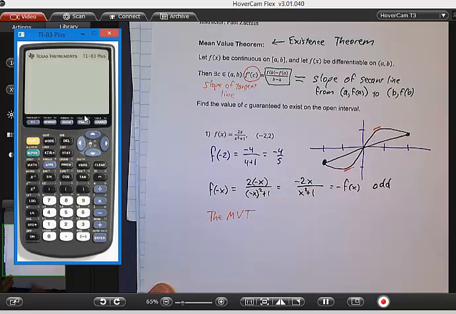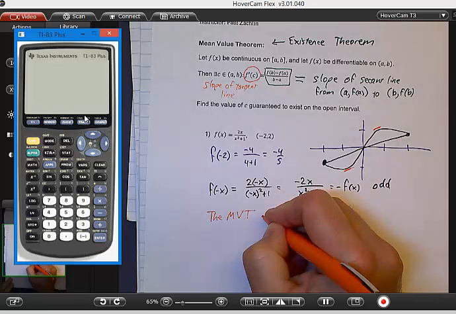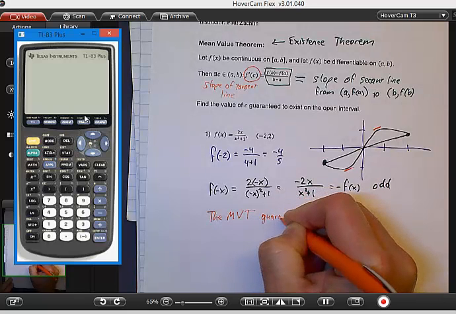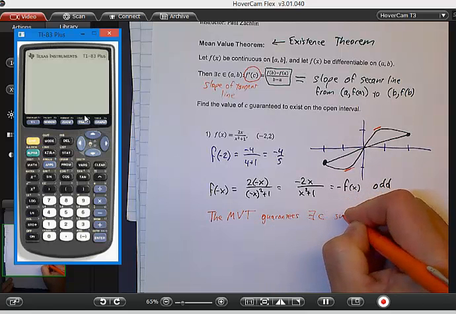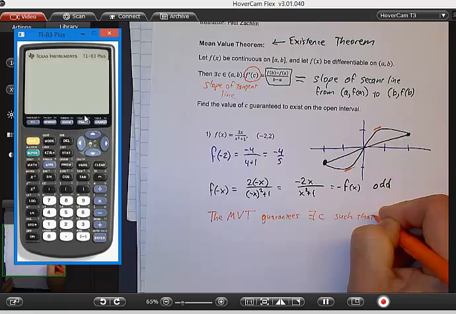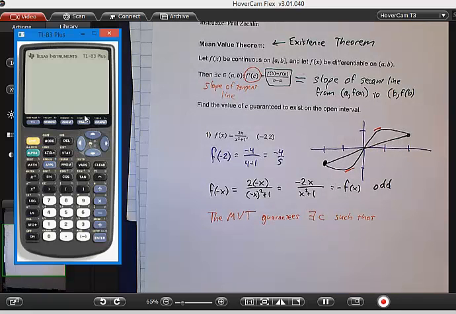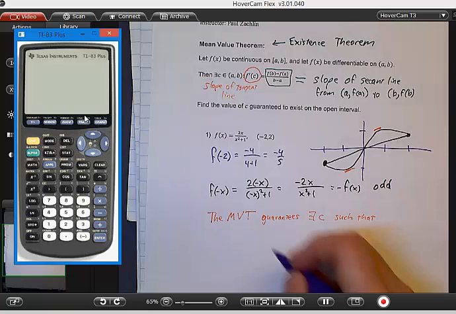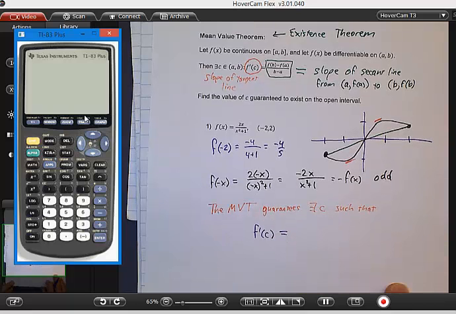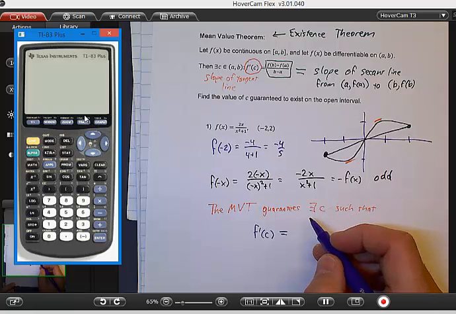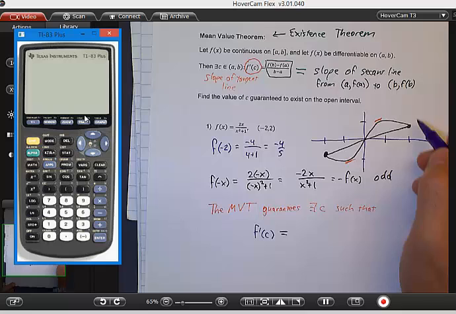So the MVT, short for what? Mean value theorem, guarantees there exists a C such that, well, let's write that. F prime of C is equal to, and I guess over here I can fill in F of B, and that's up here, right? This was